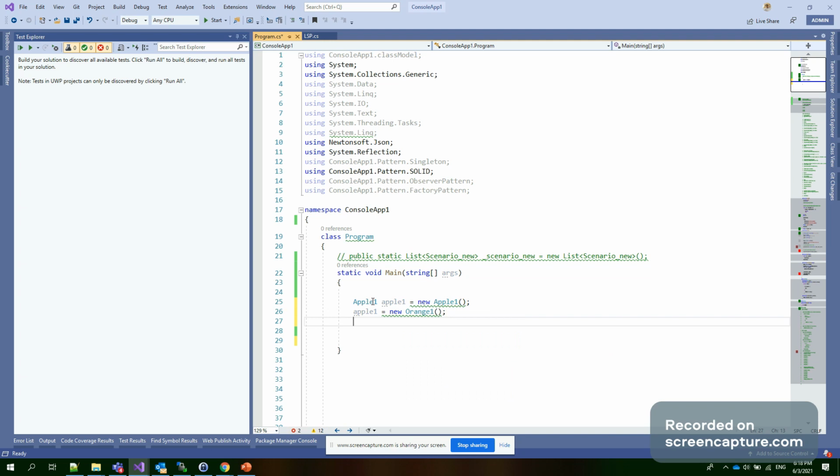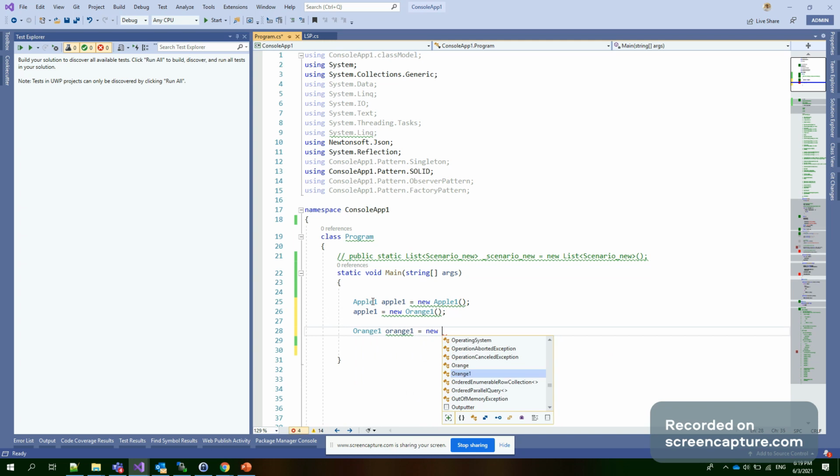That is good as of now. Now, creating the Orange one equal to new Orange one, till now there is no problem.